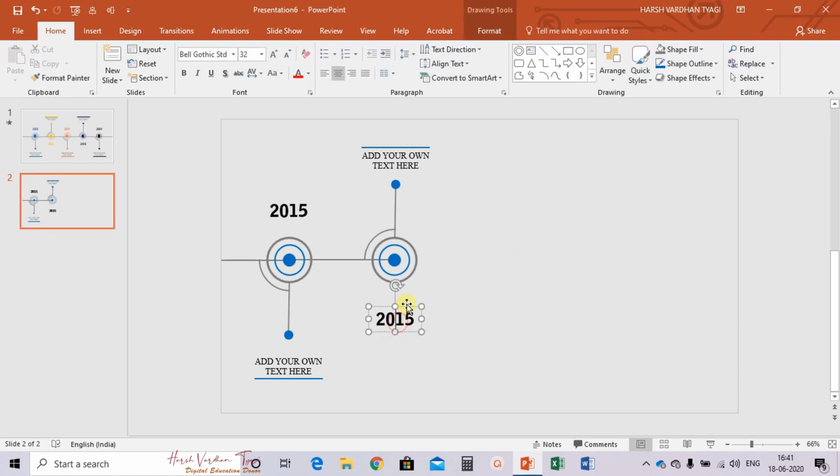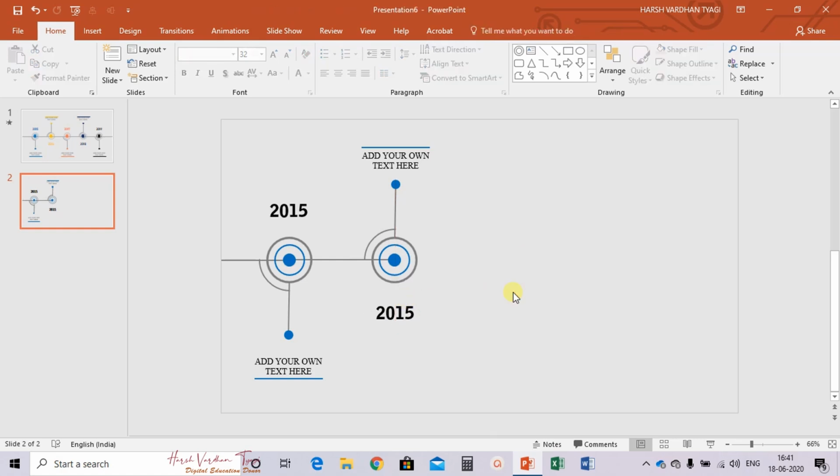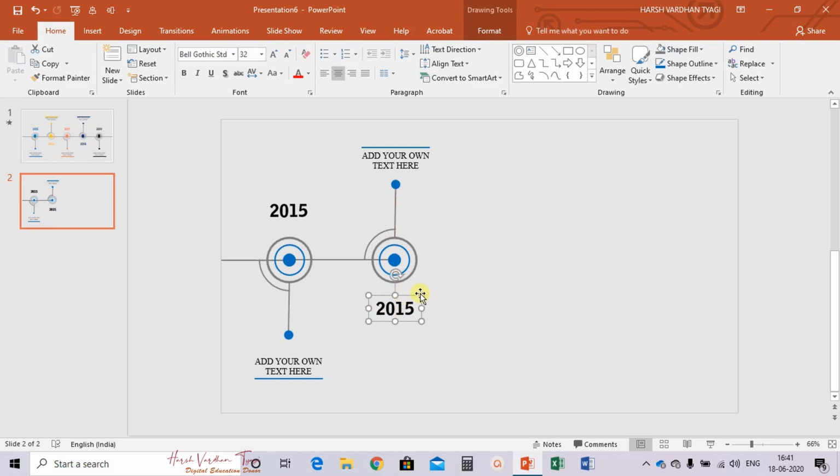Fine. Just adjust a little. Good. Fine. Again press the control key, drag this line a little, then right click, send to back.